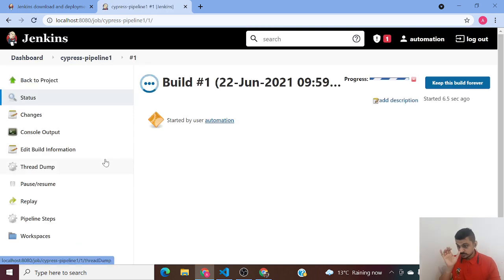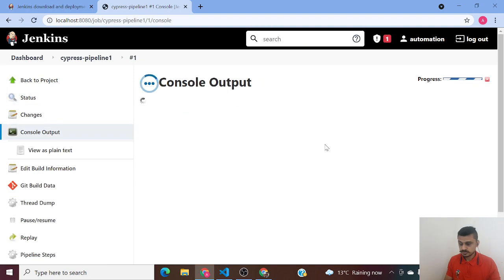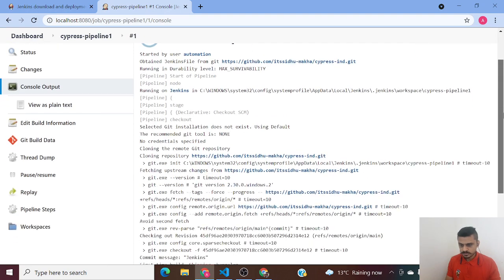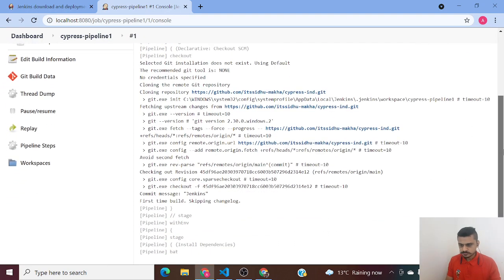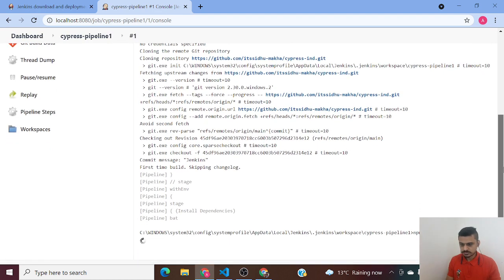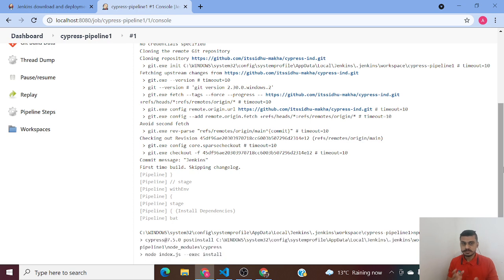All right. Since it is building for the first time, I'll just show you what it would actually do. First of all, whatever dependencies are required, it's going to install them in its local workspace. That is how any continuous integration tool would do it. Whatever dependencies are required, first of all, it will download them in your local workspace or in the agent that you are using to run these automation scripts.